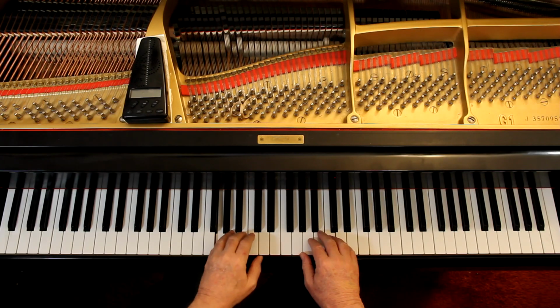And I also might mention here that sometimes when using pedal, we lose things. You might want something, but the pedal gets in the way, and you have to make a decision. Which do I want, this or that? In the first line, if I lift up,